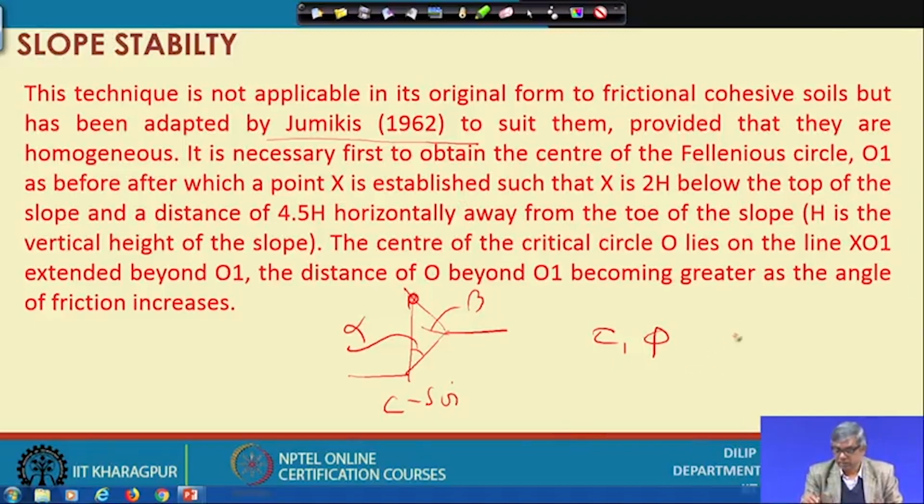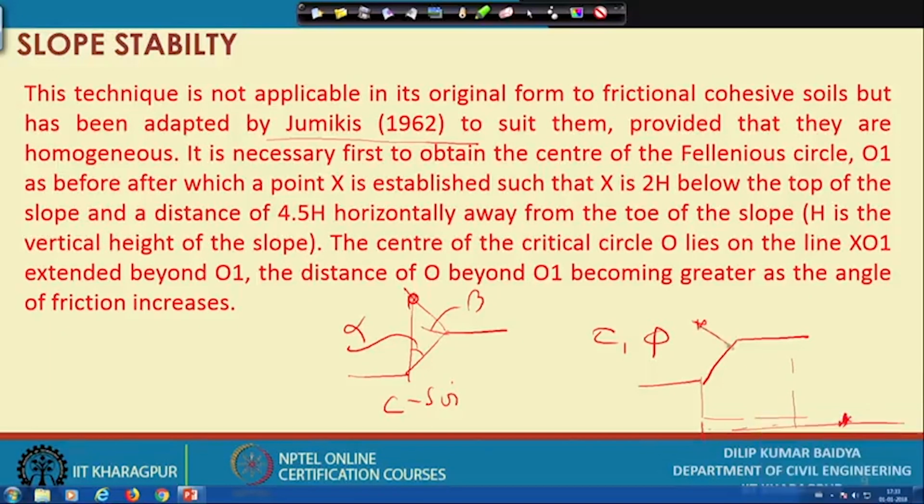How to do that? The slope is here, and we have got the original center here, and then I get a 2h distance somewhere here and 4.5h somewhere. So, this is the point. This distance is 4.5h and this is 2h, and then I will join these two and extend, and along this I can change the new center. So, that is the top of the slope and a distance 4.5h horizontally away from the toe of the slope, that means in this direction,